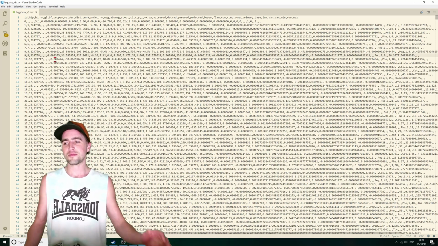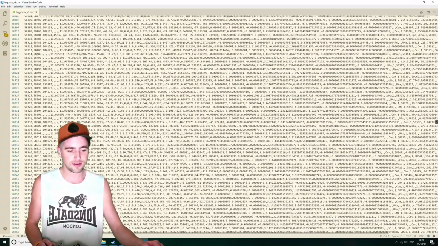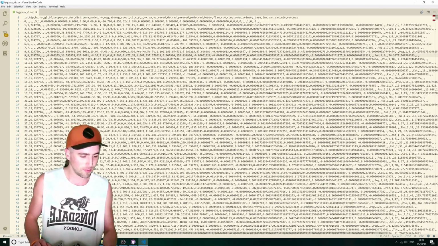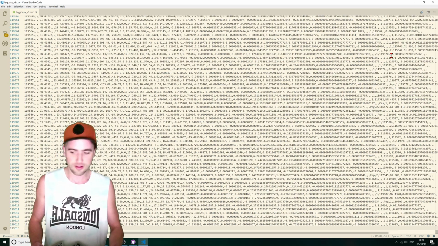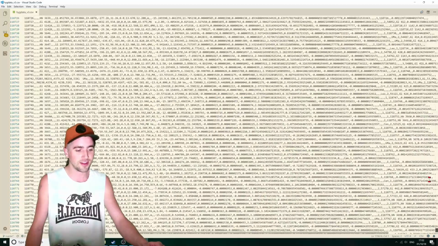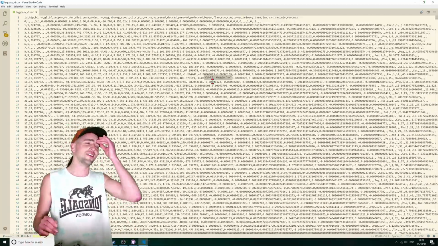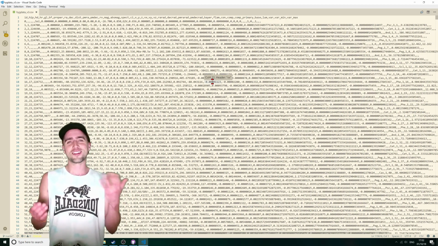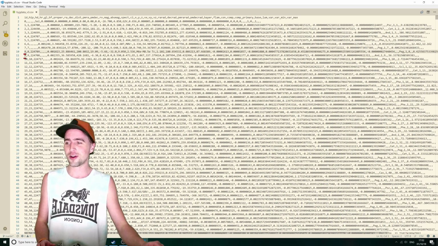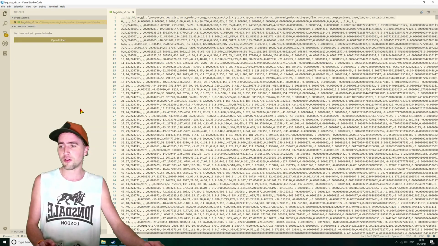This has got a lot. It won't even let me scroll to the bottom. Yes, 119,615 stars. Obviously we're going to be playing around with it. We don't want to do something for each of them and really bog it down. So what we're going to do is go ahead and take the first 10, copy that, create a new